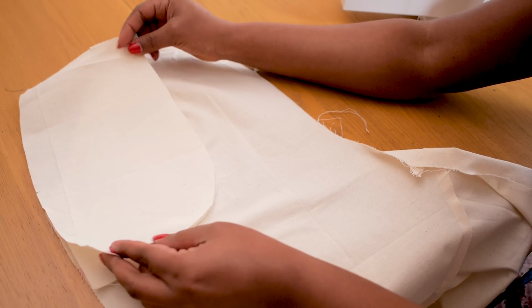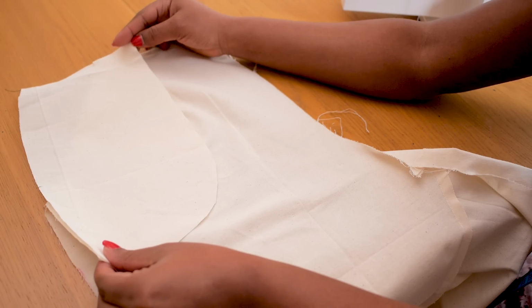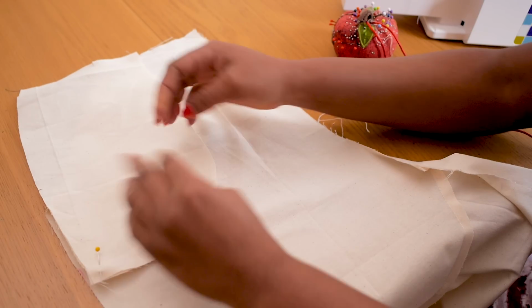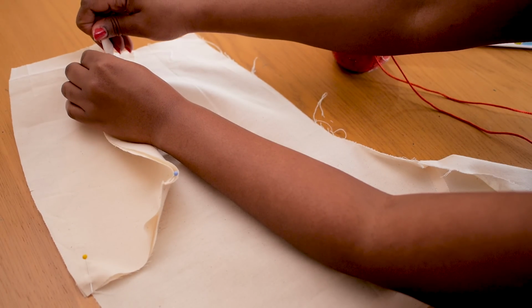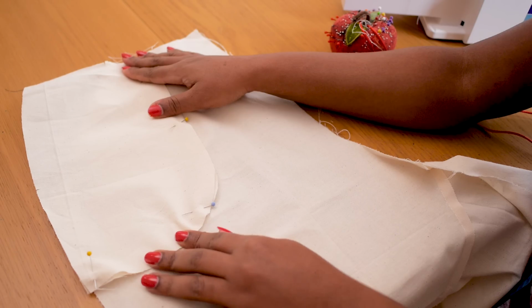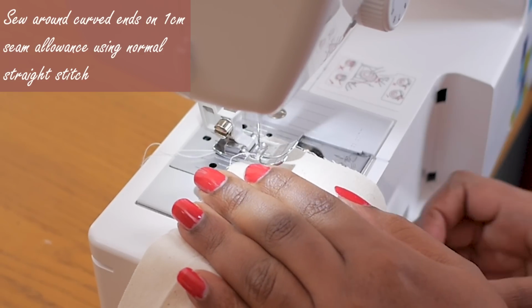So I'm going to go ahead and grab my pocket bag, and I'm going to pin it onto my facing, aligning the curved end together. So I've pinned together the end here, and I'm going to look for my notched points, and I'm going to hold that together with a pin before going ahead to pin up any other necessary points that I need, because when you're sewing curves together, you want to make sure that everything is already held in place